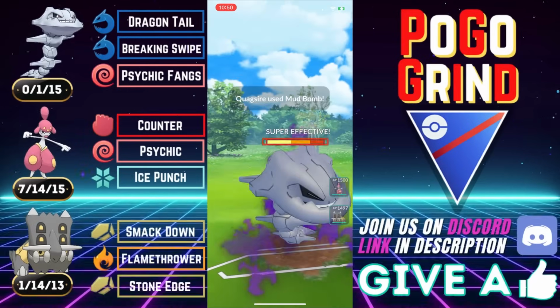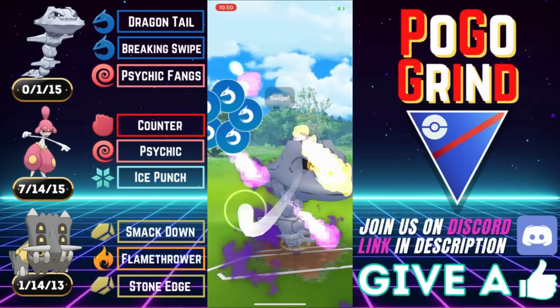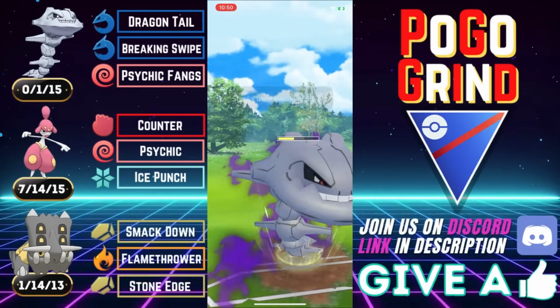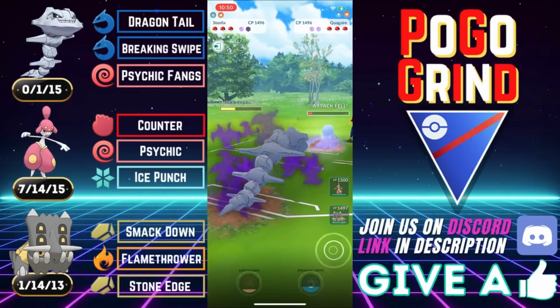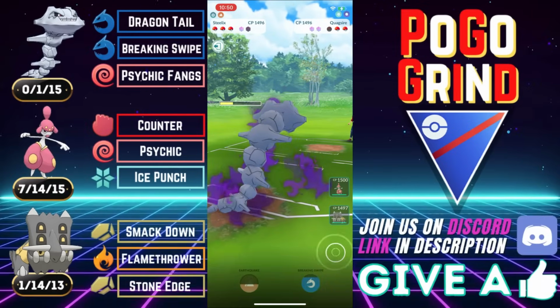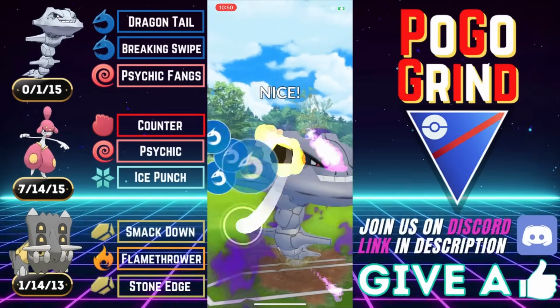Gotta let this next Mud Bomb go. They've been debuffed. Does not do nearly as much, of course. And we are going to throw another Breaking Swipe here to further pack on the damage, and they're just letting this all go. They probably saw the shield and knew the matchup, so they let it go, and as you can see, just like that, the Mud Boy is gone, and they've got a Frostlass in the back,